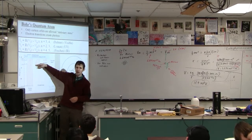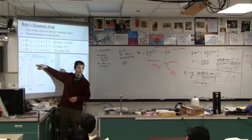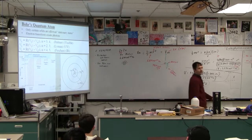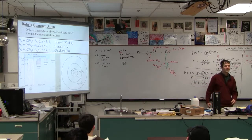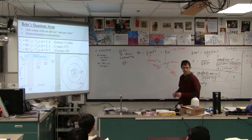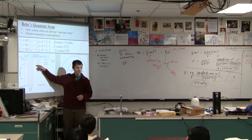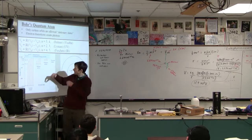This is bizarre stuff, okay? We're talking about the electron disappearing from here and appearing there, and not being in between. We're not talking about "I'm here and now I'm here," because in between, I was in between, right? This is quantum stuff. This is really bizarre stuff, right? So when it makes a jump from this thing to this thing, a quantum leap, as it were,